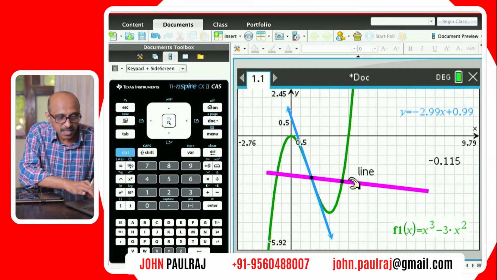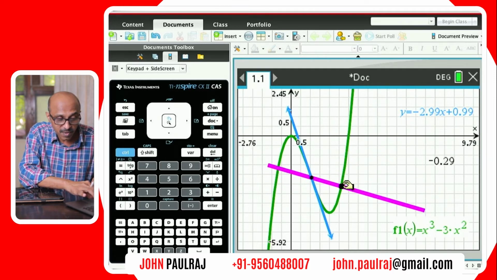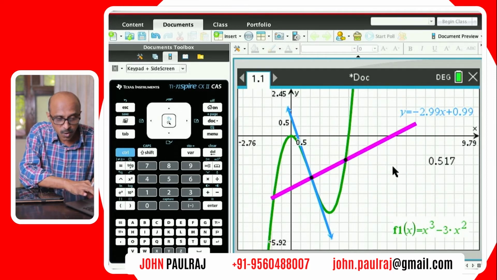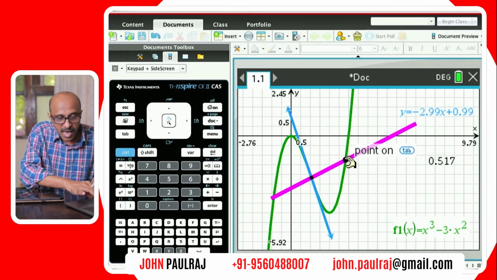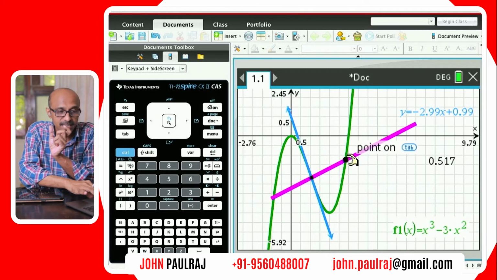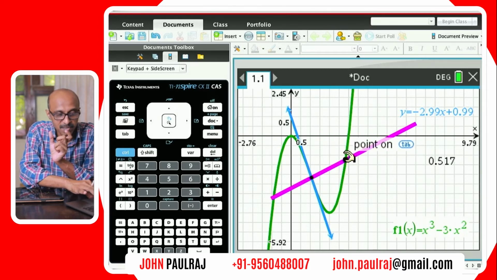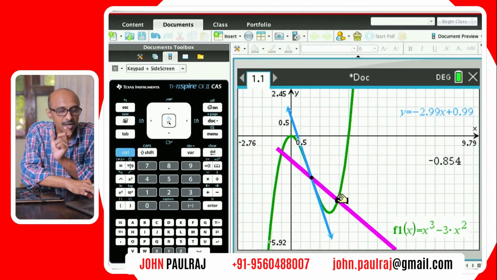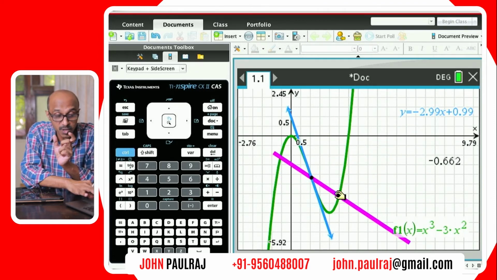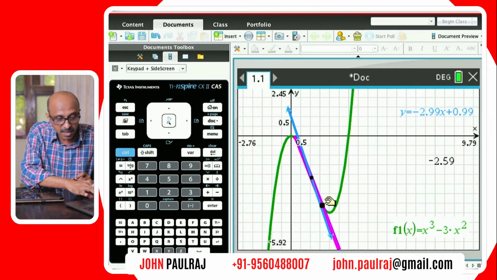So here we go. This is our secant line. This was the original secant line, wherever you want to position that. And its slope is 0.517. As the distance between the two lines decreases, that's the idea of limits. As the distance between them becomes really small, it's almost approaching, it's like saying B approaches A, right? So this is coming closer and closer. Can you see that? As the distance becomes 0, there, you can see the blue line, the Dodger